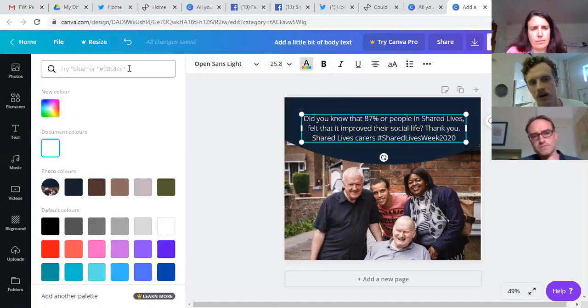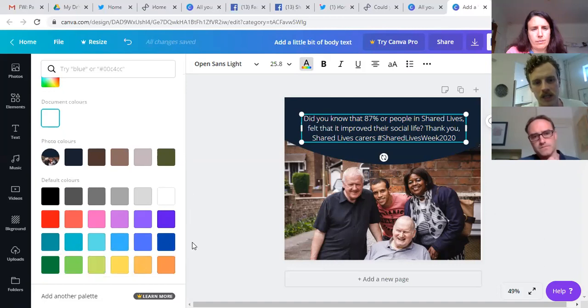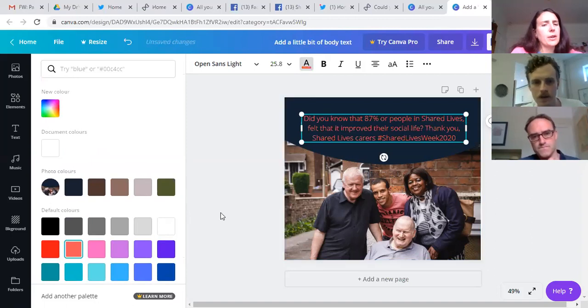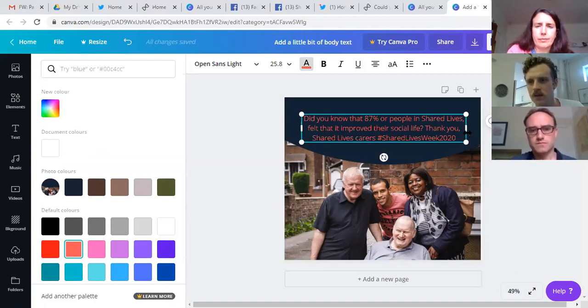You can input the color code if you've got a particular color that you'd like to use, or you can just select from one of these different basic colors. Or look, it's got colors from the photo as well, which is quite nice. So I'm sure we could select the pink from that guy's shirt and use that, but I won't go into that now. I don't think you need to understand that yet.